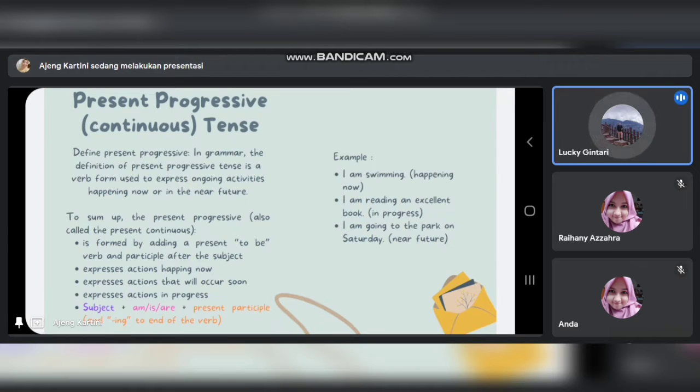The form of present progressive is subject plus am, is, or are plus present participle, adding ing to the end of the verb. For example, I am swimming is happening now. I'm reading an excellent book is in progress. I'm going to the park on Saturday is near future. Next,